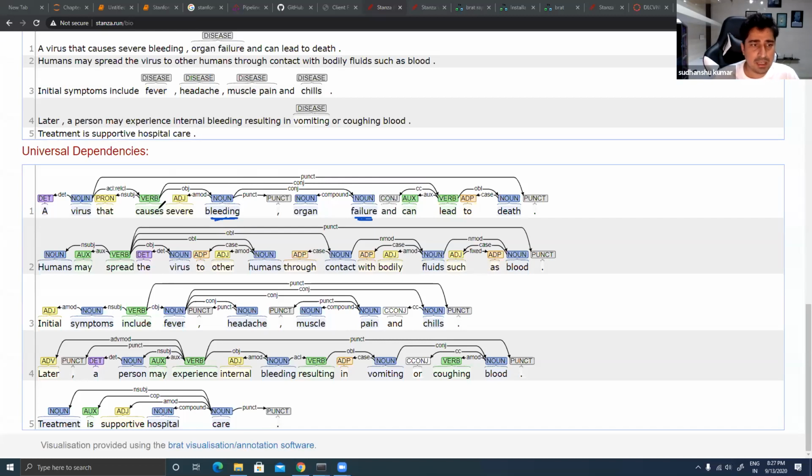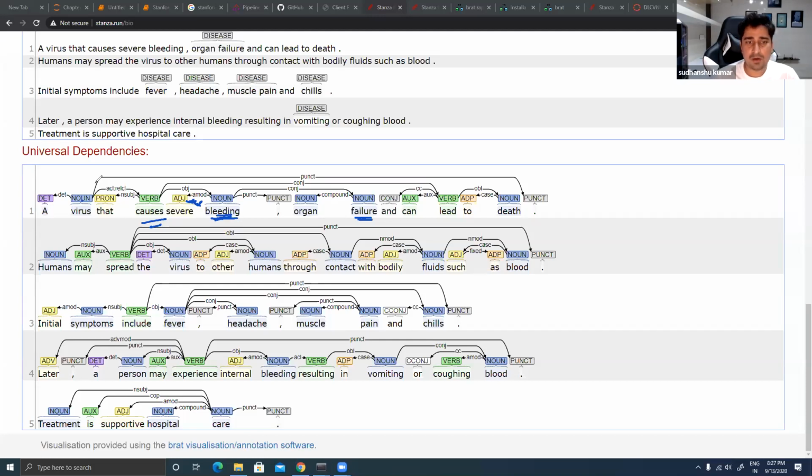In this direction, again, cause is connected with bleeding. And the adjective for this one is nothing but severe. So what bleeding? A severe bleeding, right? This is what we used to say. So it is able to understand all of those things.